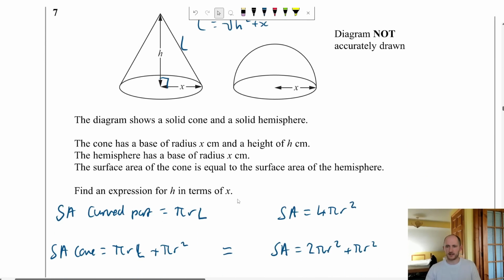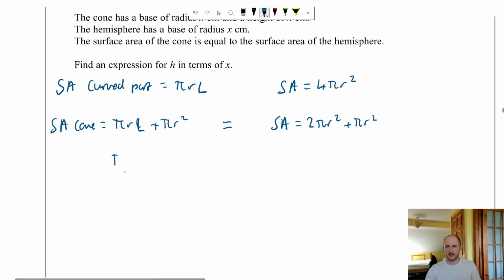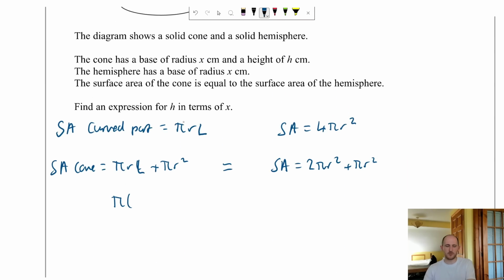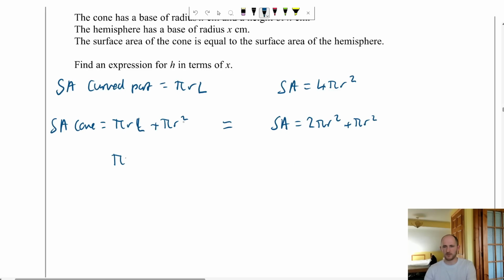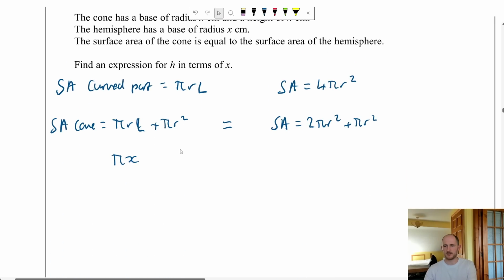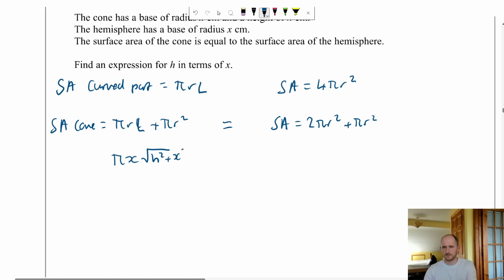Okie dokie. Find an expression for H in terms of X. Good lord, this is going to be fun, isn't it? So pi, what was the radius? The radius was X. In fact, I'm not going to put a bracket. I'm going to be bold. Times square root H squared plus, okay. Alright. H squared plus X squared? Yeah, X squared. Plus pi r squared, so that's pi x squared, equals